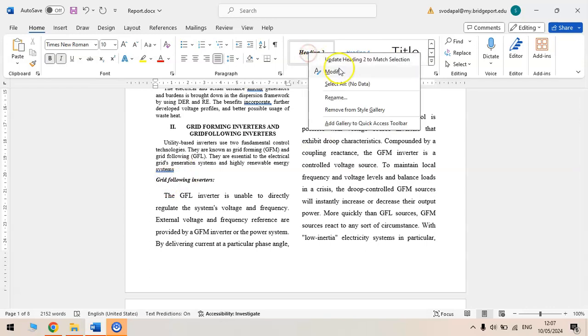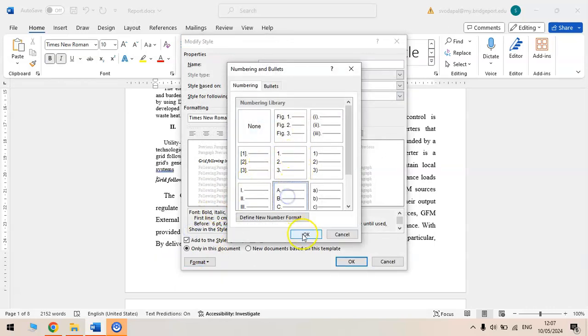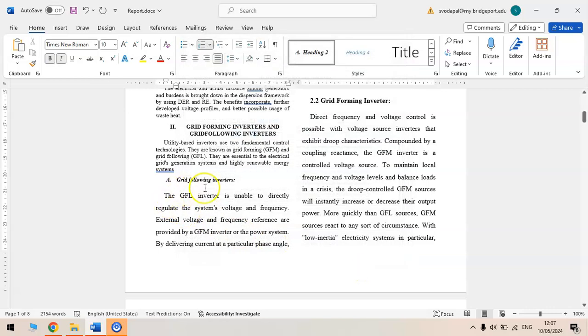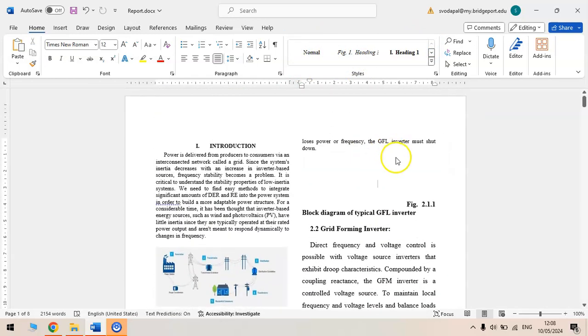In heading 2 itself, better in the numbering section itself, you keep it as A, B, or C. It will help you out. Okay, this is A. Right. Now this one is again normal, and this one is a figure, right? So I'll just